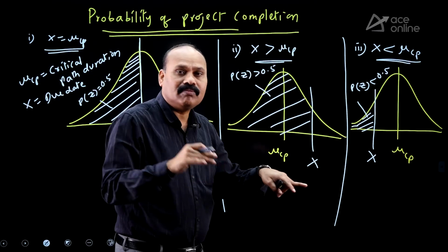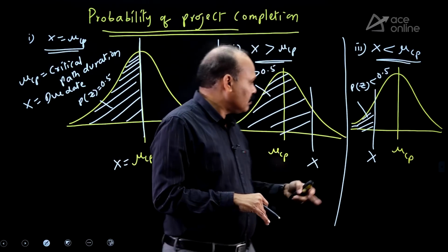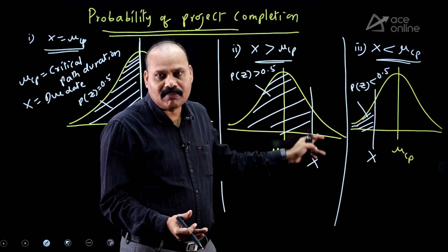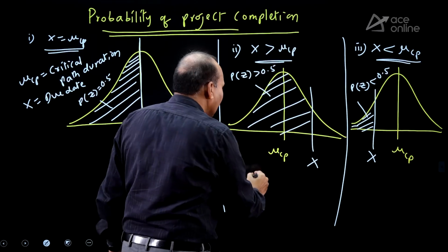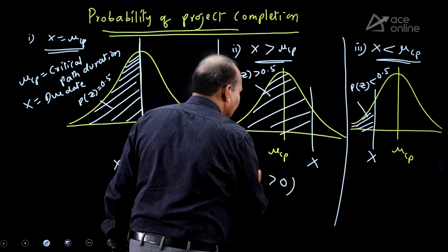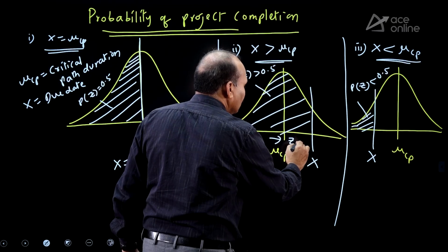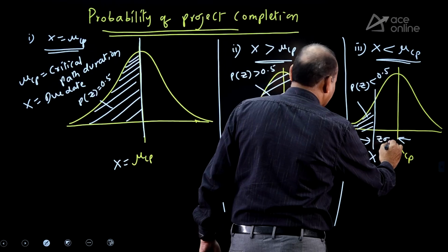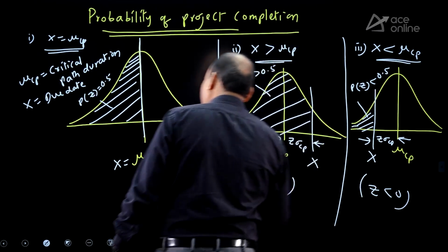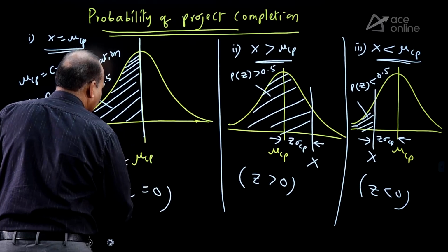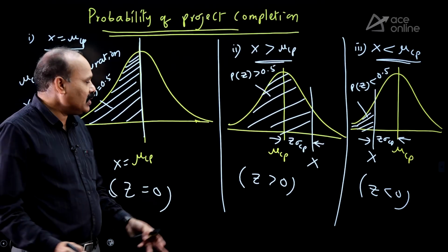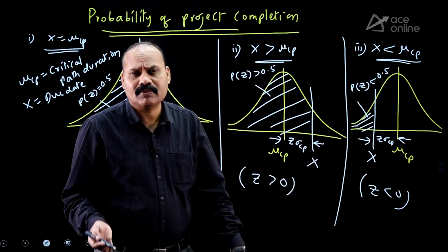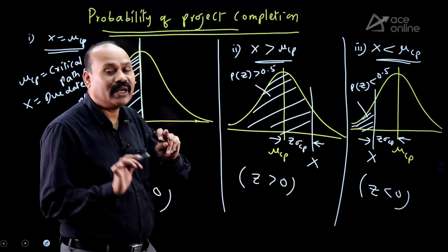In this case, the table is given to you because I am telling only above 50%. Exactly how you will get it from normal distribution tables. Here a z value greater than 0 you will get, because this is actually z into sigma, this gap. Here a negative z value, less than 0, you will get. In this case, z is equal to 0. Z value 0 means 50%. Z value greater than 0 means more than 50%. Z value less than 0, less than 50%. Too many things you don't remember. At least remember the diagrams.